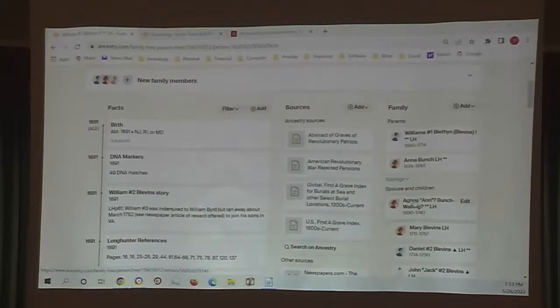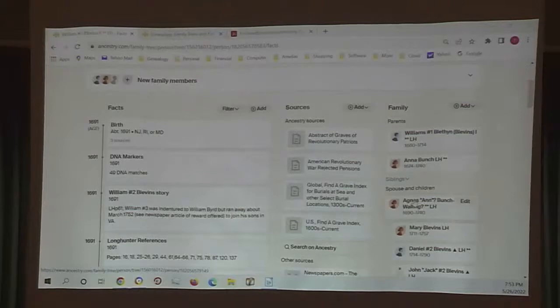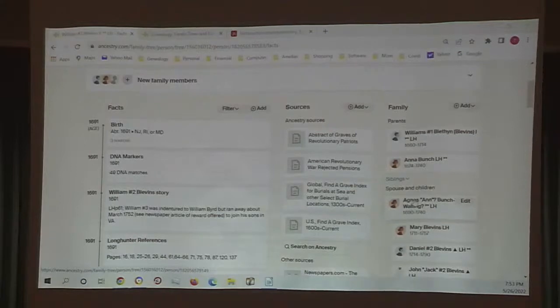So if you put a fake date in there, but you say it's assumed based on either a sibling's birth date or I'll add like 20 years to the parent's birth date. So if the parent was born in 1691, I'll say the child was probably born in 1710, 1711,